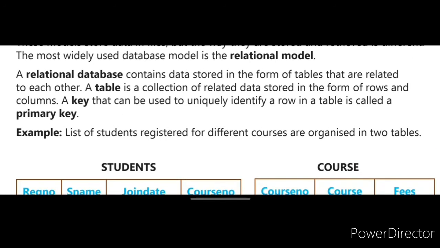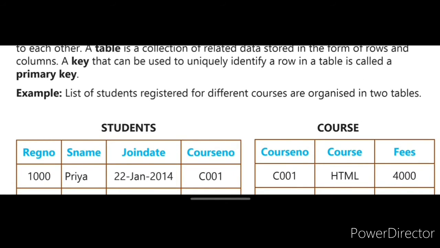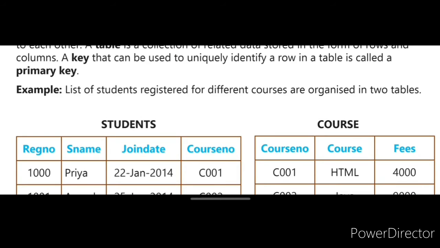Let me explain you. A table is a collection of related data stored in the form of rows and columns. What is table basically? Table contains horizontal section and vertical section, right? The horizontal section is called rows and the vertical section is called column.